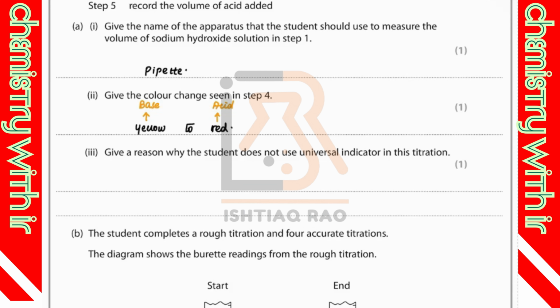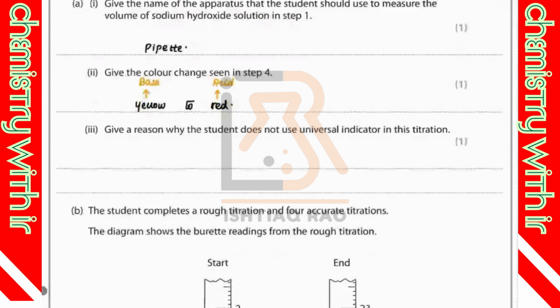Universal indicator changes color over a range of pH values. Or you can say that it has no clear point, no fixed point at which it's going to change its color. So that's why we are not supposed to use universal indicator. It's not accurate even. So I would be writing that universal indicator